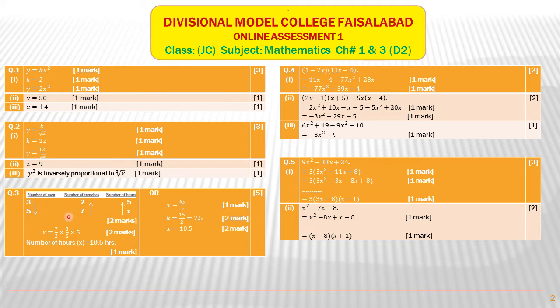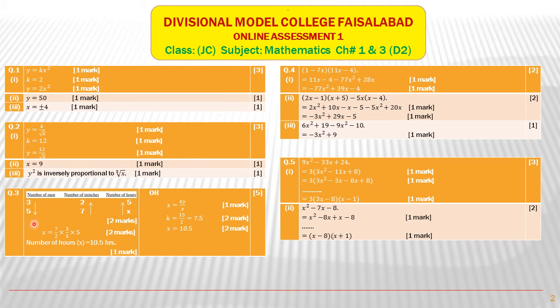Question number 3 is a question of compound proportion. We have solved these questions by using these two methods. One is arrow method and one is proportion method by definition. So if you have written these quantities, you have put the correct values and you have marked the correct arrows, then you will award yourself 2 marks.